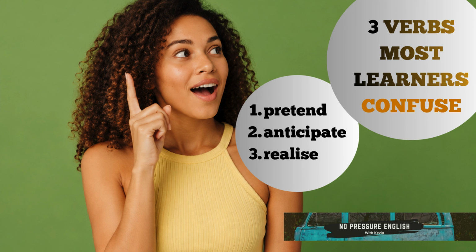Our first false friend is the verb to pretend. In English, pretend means to act as if something is true when it isn't, to make believe. We use it when someone behaves differently from reality, often in a playful, emotional, or strategic way. Some examples. As a child, I used to pretend I was an airplane and fly around the garden. Okay, clearly I wasn't an airplane, but I used to pretend to be one.